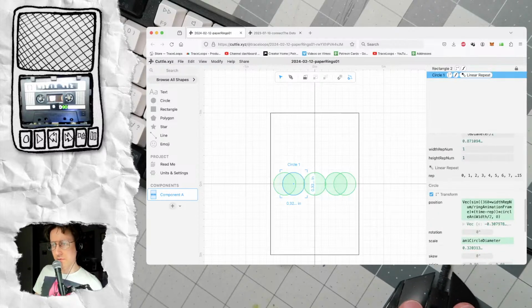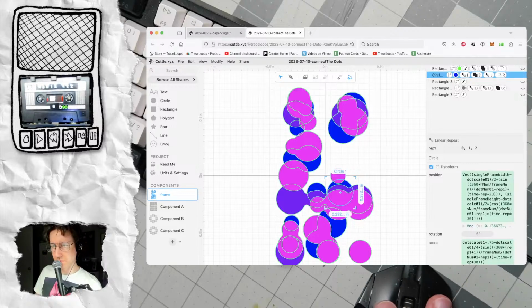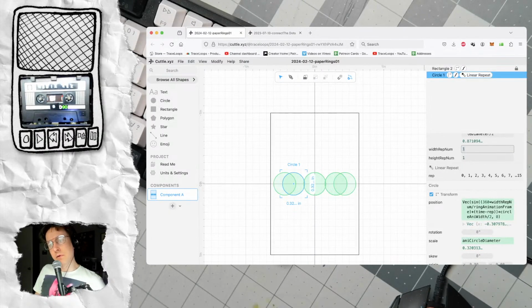360 times rep num, times, divided by frame number, divided by dot num plus rep1. That's unnecessary for what I'm getting at. Times time. Okay, is this correct? If we're only dealing with 8, okay, let me